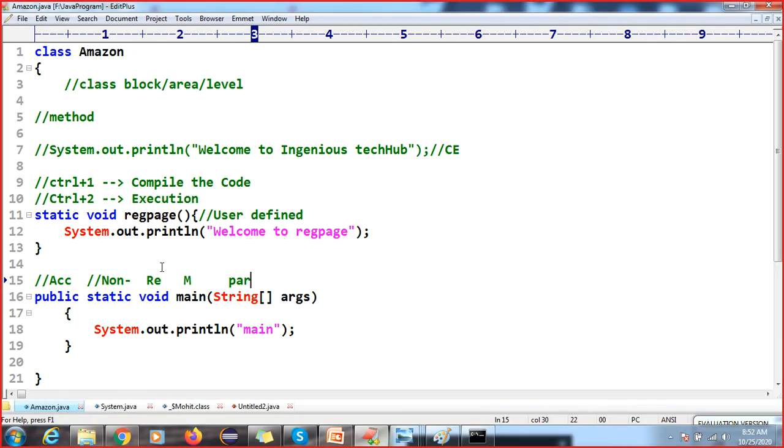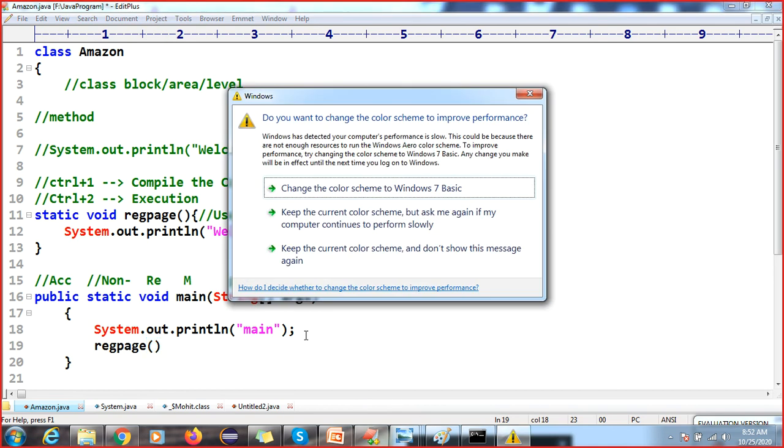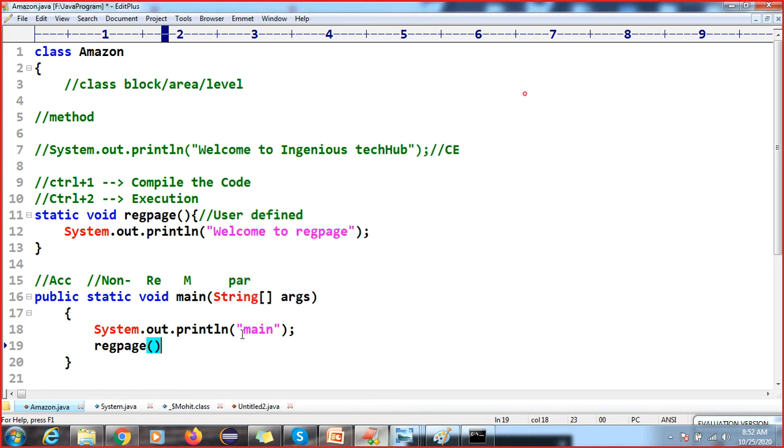If you have a static method, you can call this method directly. This complete stuff is called your method prototype.